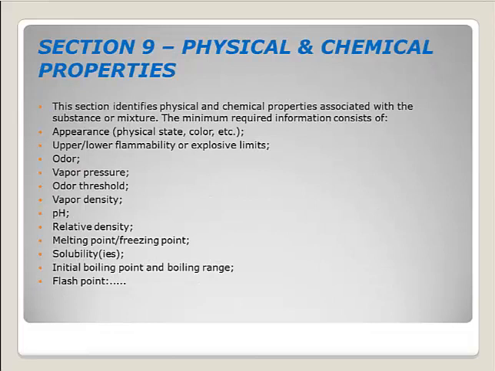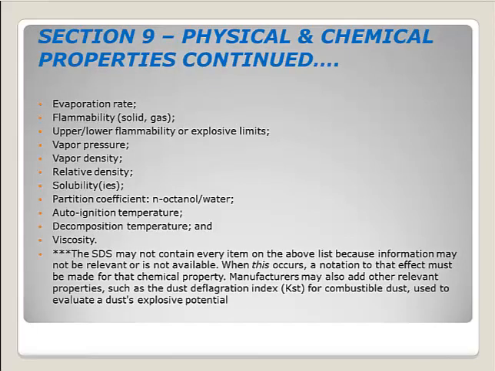Section 9, physical and chemical properties. This is going to give you an idea about what this particular product looks like, smells like, things to be aware of. So it will give you an idea about its appearance, odor, and in addition to all the other items that you see listed on there as well. The pH, the relative density, melting point, solubility, flash point, evaporation rate, upper and lower flammable and explosive limits, viscosity, even an auto ignition temperature